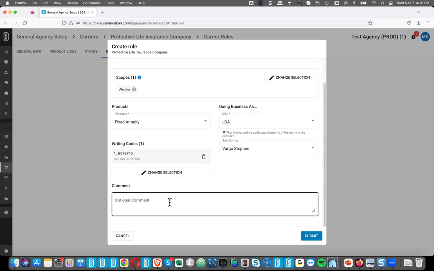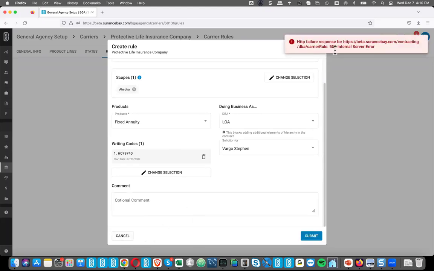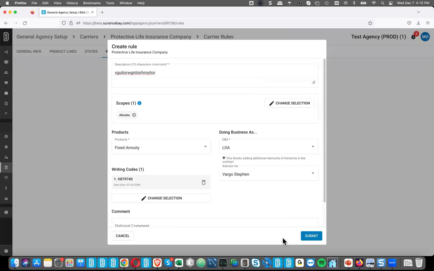And you can put additional comments in here if you want. And then it saves the rule, which again, we're fixing that bug right now. It's my demo environment. It's not ready yet. But that's what that rule would enforce. And again, it prevents you from having to go in and make changes or corrections if producers submitted under the wrong DBA type, or you didn't remember to change it in their profile before you created the request.